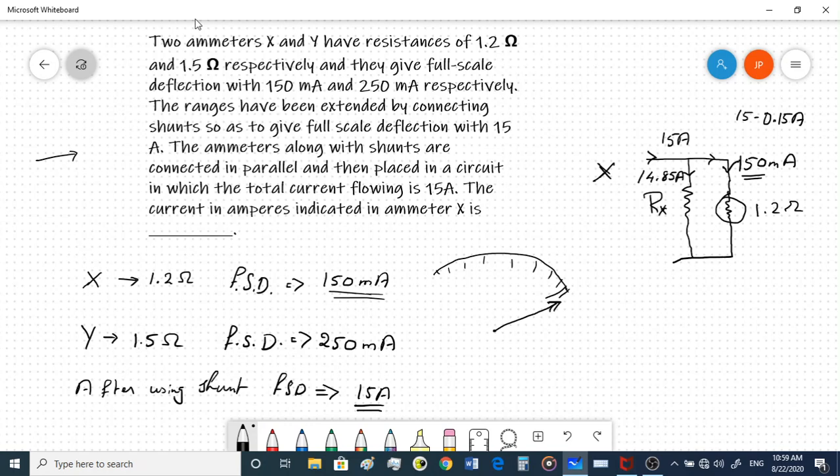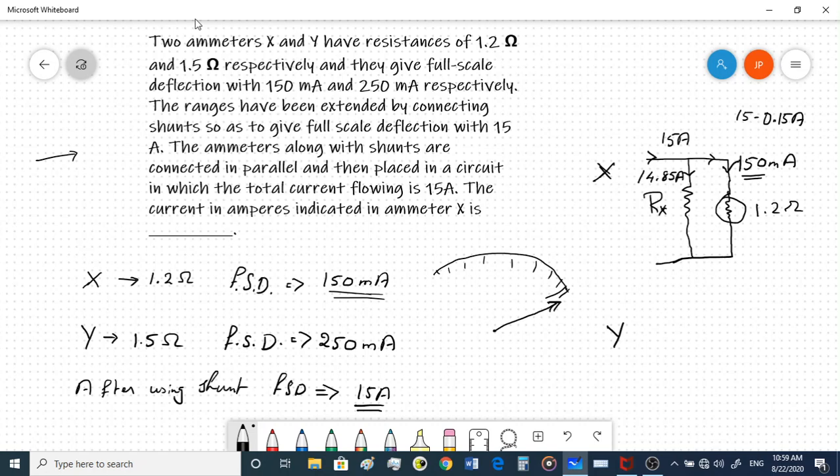These are the full scale values. It is not necessary that there should always be a current of 15 amperes, but at full scale, this is the current that will pass through this meter. The meter will still take the same value of current, which is 150 milliamperes, but the shunt resistance will take all the other current. So in the case of Y,